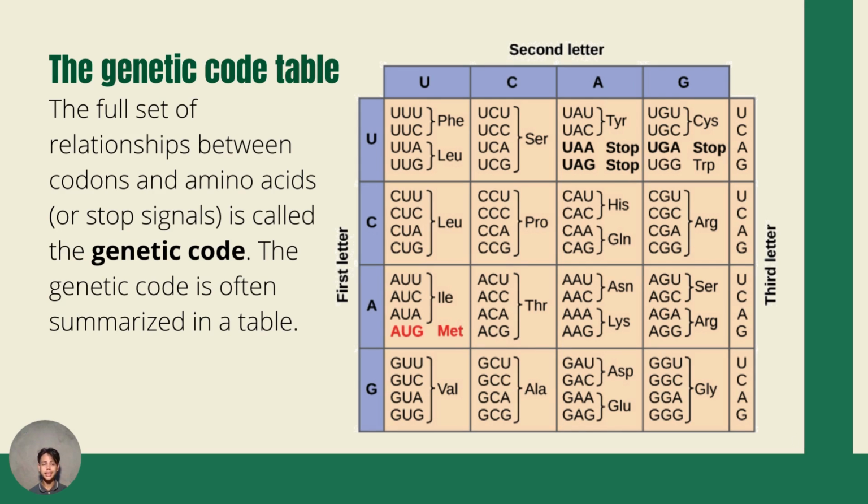So here in the figure, you can see the genetic code table. It is the full set of relationships between codons and amino acids or stop signals. So it is called the genetic code. The genetic code is often summarized in tables. We all know that a codon is composed of three nucleotides. So that's why we have here the first letter, second letter, and third letter. When we combine those three letters, we produce a codon,